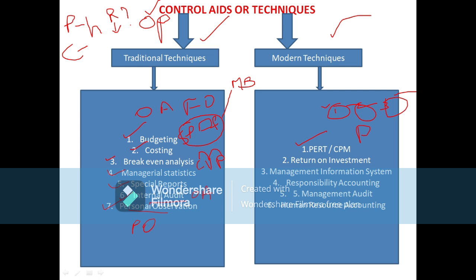Some of the activities can be taken up simultaneously. For example, this is the first activity of a project. Then I have to do the second activity, then the third activity. So the second and third activities should be done simultaneously. So here there will be a merge activity. Immediately after completing the first activity, the second and third activities are done parallelly. So we have to draw the diagram like this.